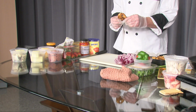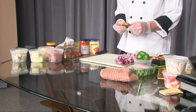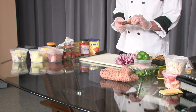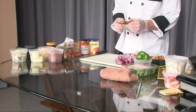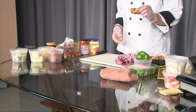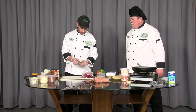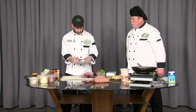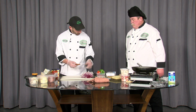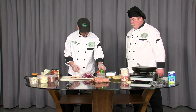We take a French baguette and slice it about a half-inch thick. We use a butter, and we season our butter. We brush it, and then we just toast these in a pan till you get a crouton consistency. You want almost a nice crunch, so when you bite into it, it's crunchy on the outside, with just a slight chew on the inside, which is a really nice texture contrast. So what we're going to do is take these crostinis that we did at McQuade's before we got here,